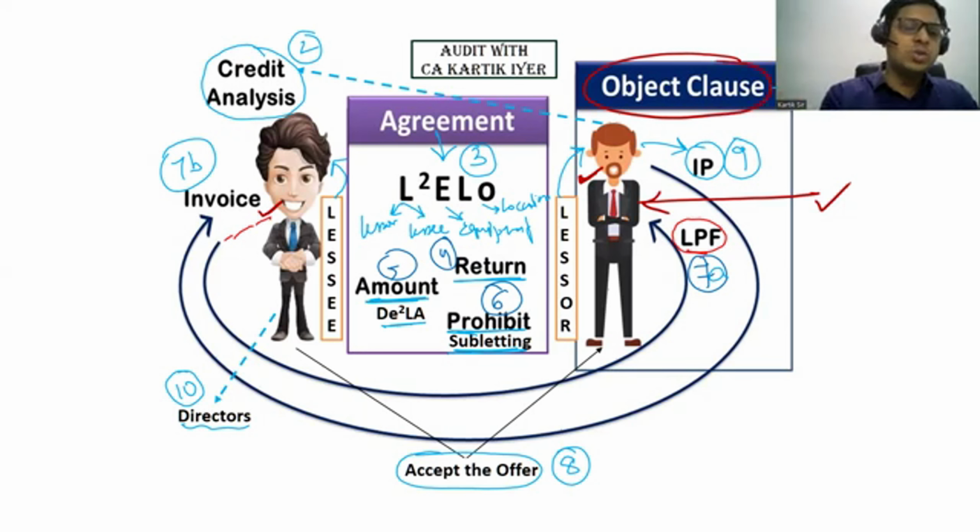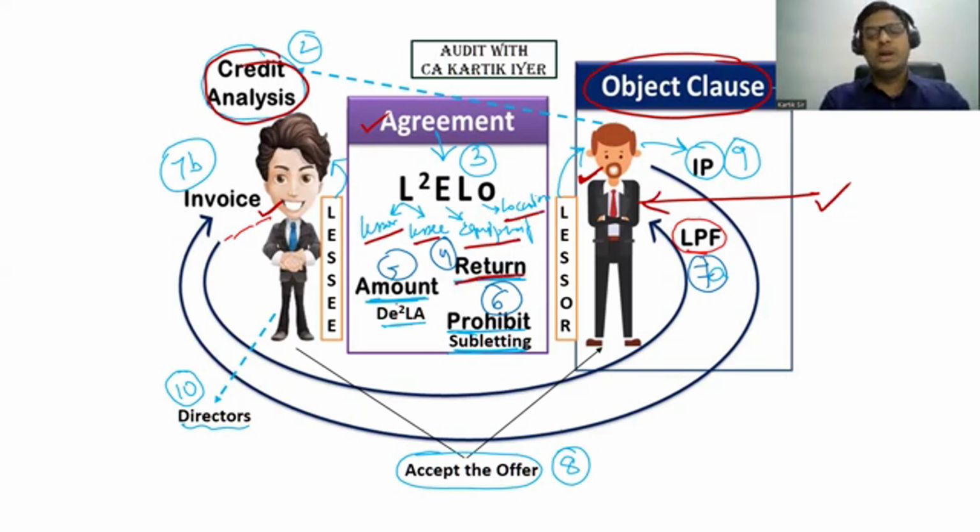not. Second, we'll do the credit analysis of the lessee. Third, we'll check the lease agreement in relation to the lessor, lessee, equipment, location, whether all the details are there or not. What is the return policy in relation to this lease agreement? Sir, regarding the amount, we'll check any deposit that is paid, the date of the transaction, any late charges, and finally, any advance that is paid. So regarding amounts, we'll check all these things. And finally, whether it prohibits any subletting, whether the agreement is prohibiting any transaction in relation to subletting of the asset. Okay, that is given in this part.